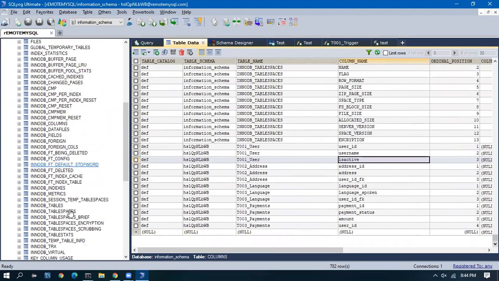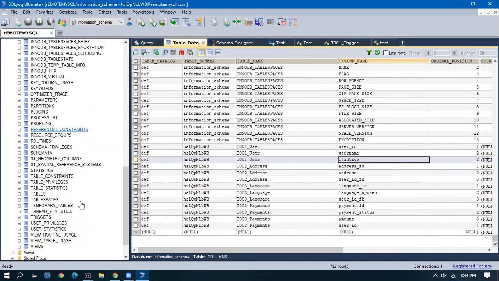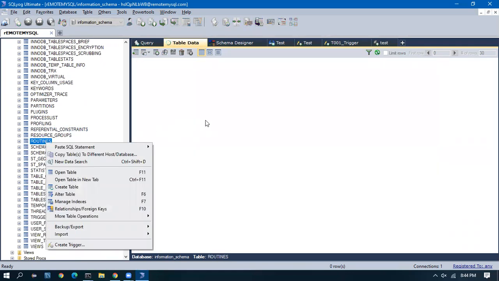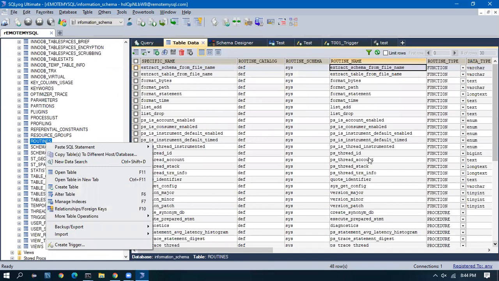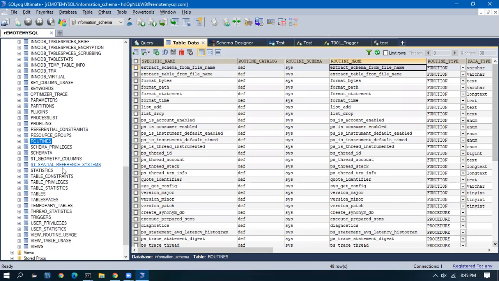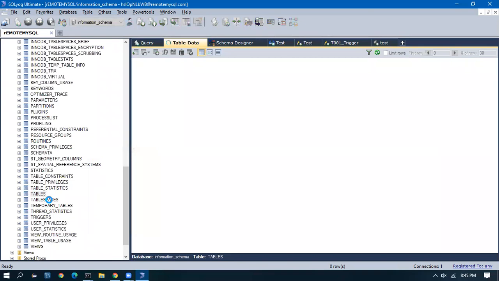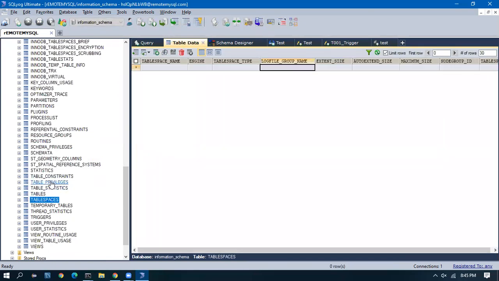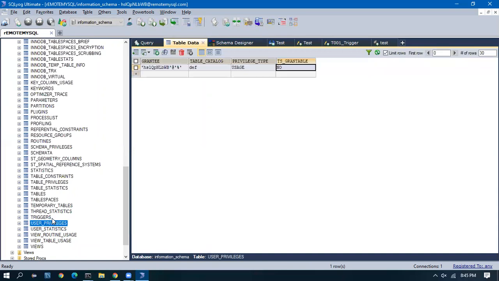The same way I can see the rows and the routines. Routines are the stored procedures. Actually, it is not available; I cannot create one, so we cannot use this. I showed the table statistics, which shows the space utilized, though I don't have access. The user privileges: currently there is only one schema.